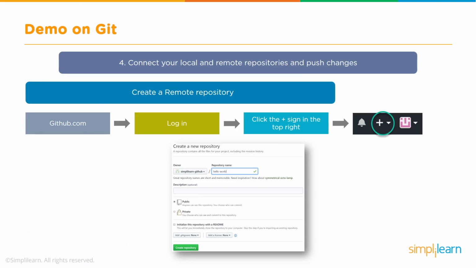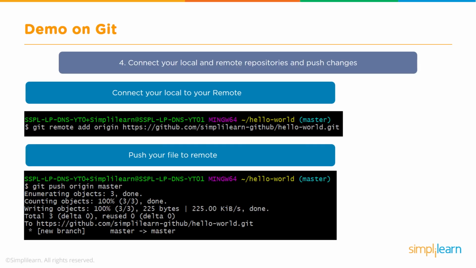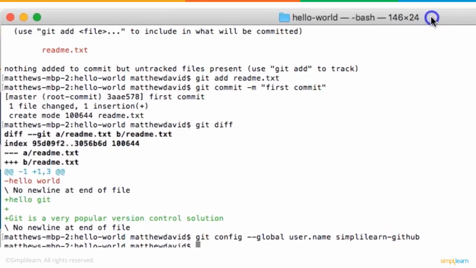Under the GitHub account, you can go ahead and create a new repository name. In this instance, we called the repository hello-world. What we want to do is connect the local account with the remote hello-world.git repository. We do that by using this command from Git, which is our remote connection. So let's go ahead and type that in. Open this up so we can see the whole thing. We're going to type in git remote add origin